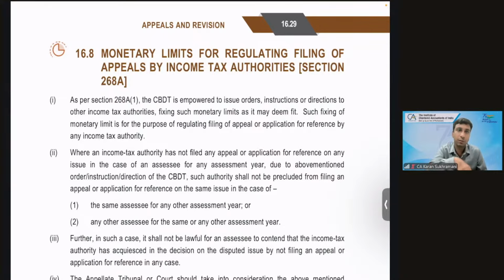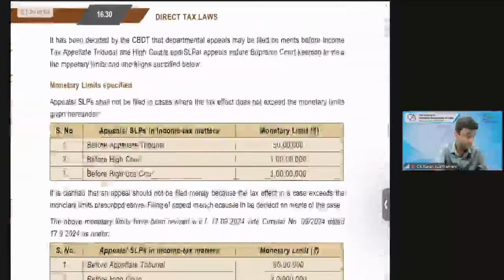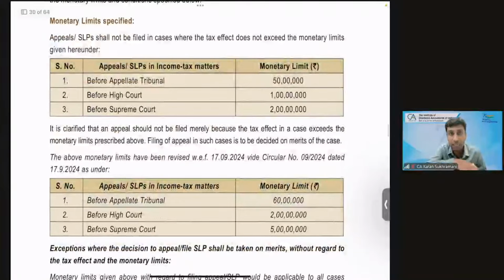Now, what is the objective of this section? The objective of this section is to reduce the huge backlog of appeals. For small cases, the department cannot file an appeal before tribunal, High Court, or Supreme Court. The cases involving specified thresholds. Now, what are those monetary limits as on date? And they have kept increasing these amounts, monetary limits, over a period of time, multiple times. And the limit that it stands today is with effect from